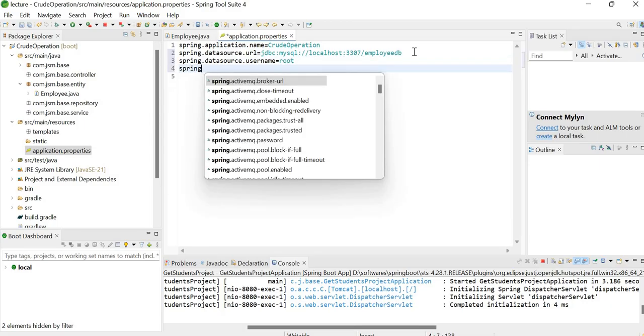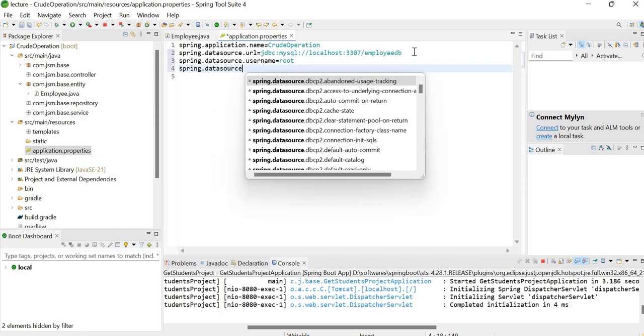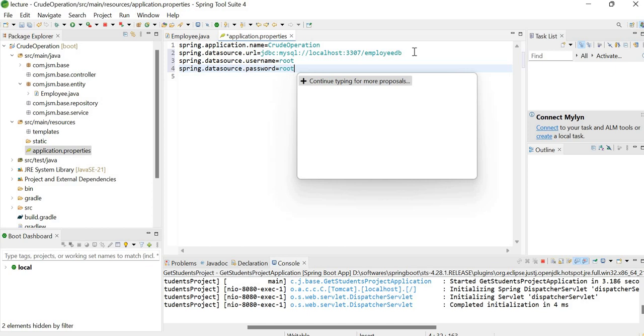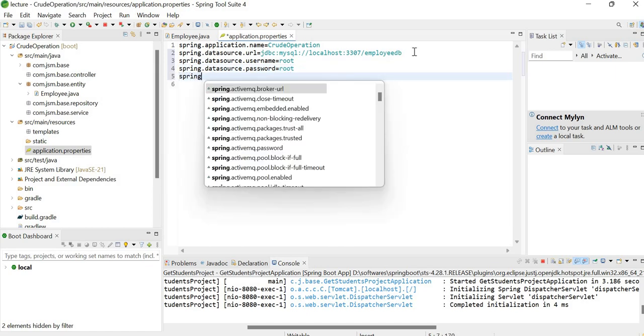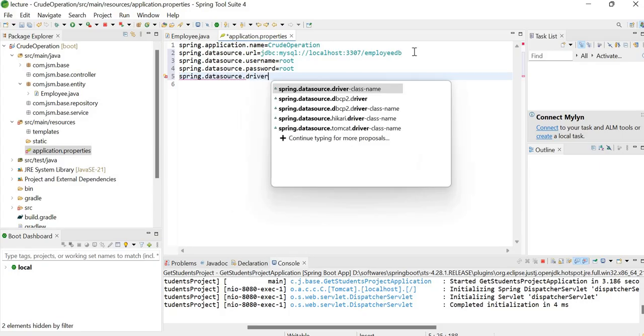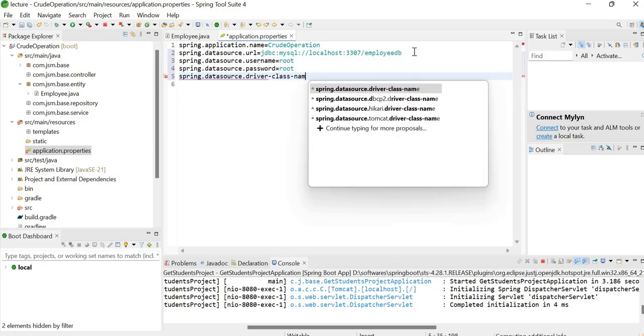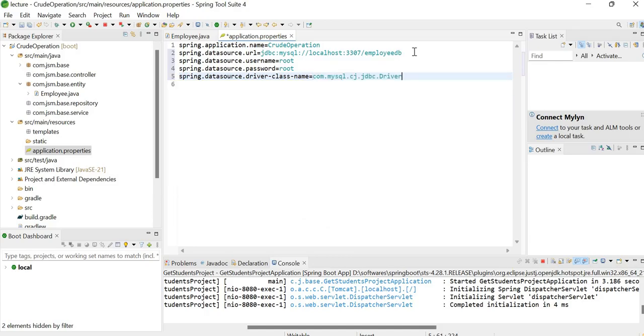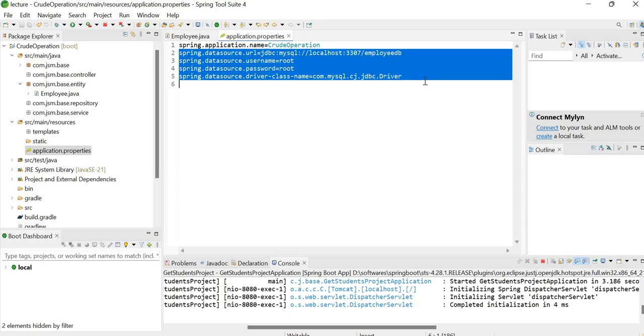Then spring.datasource.password is equal to root. Whatever your password is, you have to mention over there. And spring.datasource.driver-class-name is equal to com.mysql.cj.jdbc.Driver. Great. So these are the configuration parameters for the whole application that we have mentioned in this application.properties